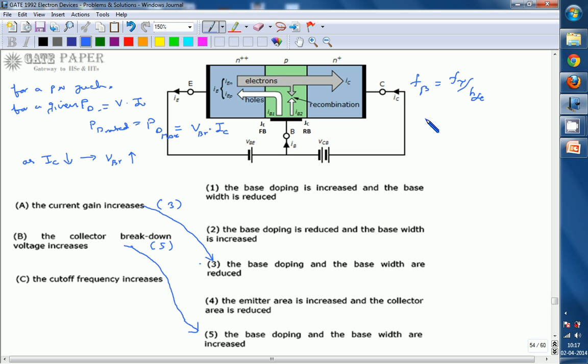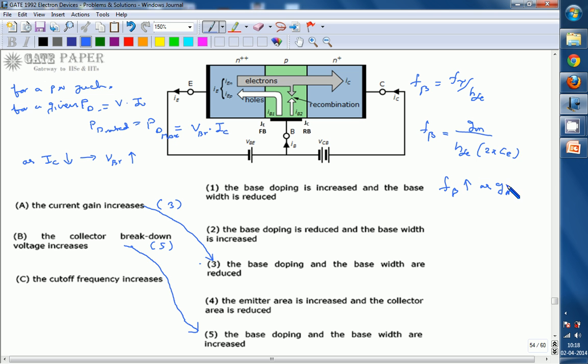F beta can be written as GM divided by HFE times 2 pi into CE. CE is the diffusion capacitance across the emitter base junction. From this, the cutoff frequency F beta can be increased. F beta increases